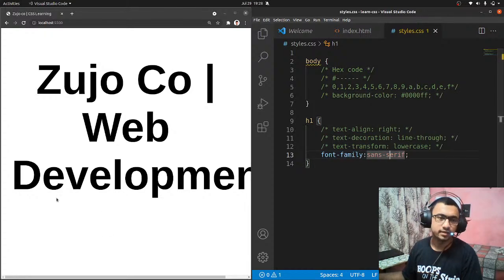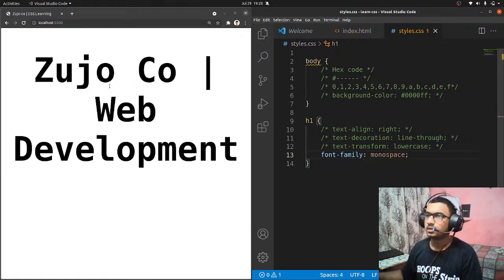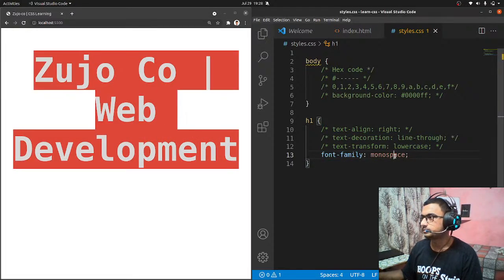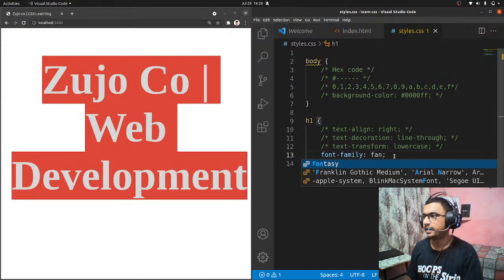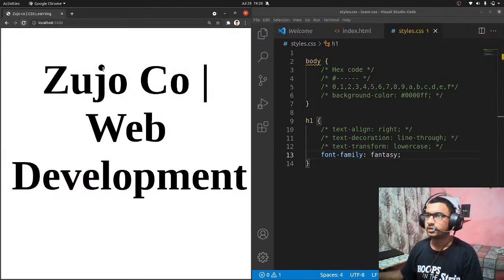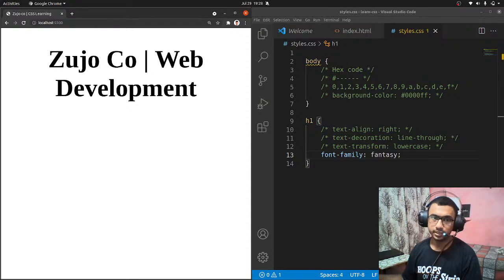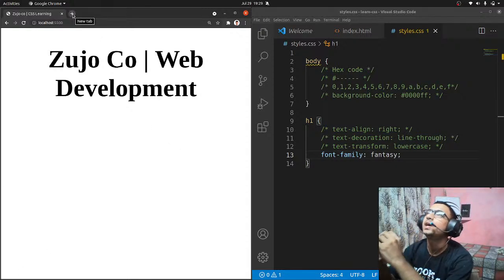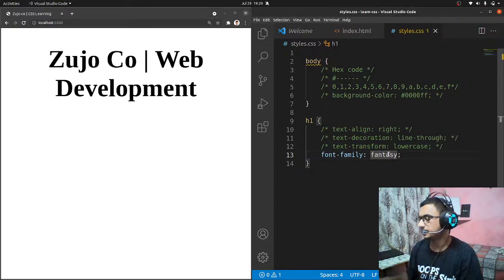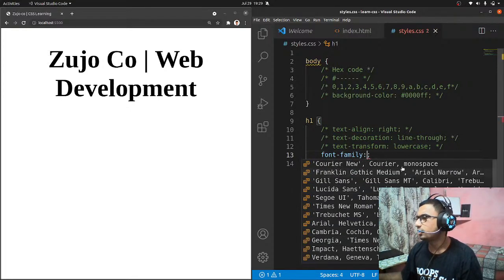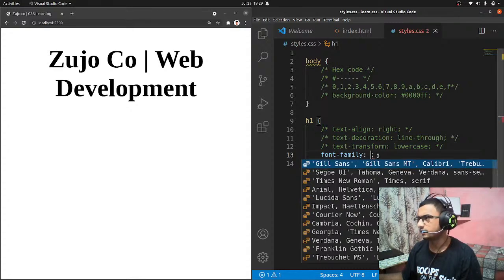We will have some different kinds of fonts, like monospace. It is a little bit different font. Next, we have the fantasy font. I think it is not going to work. Sometimes it happens that in some browsers, not all the fonts are supported, but we will see how we can add a few fonts. If you are done with the fonts that are being suggested by VS Code, and you find that all of these fonts are not sufficient and you want something different,